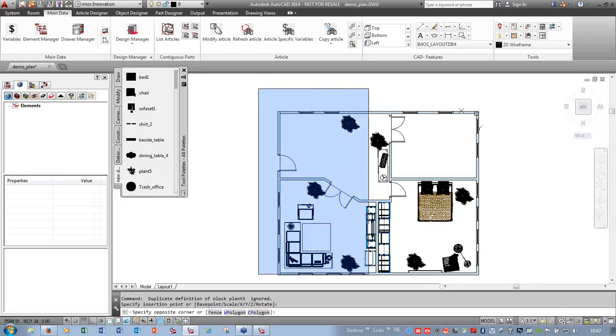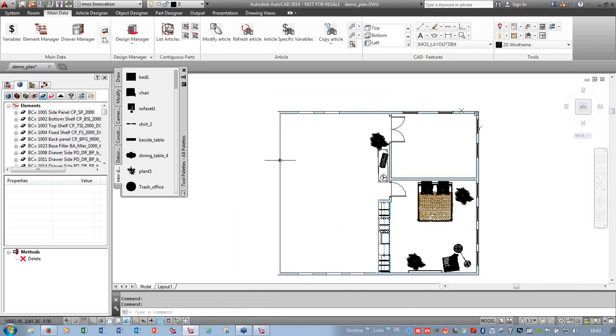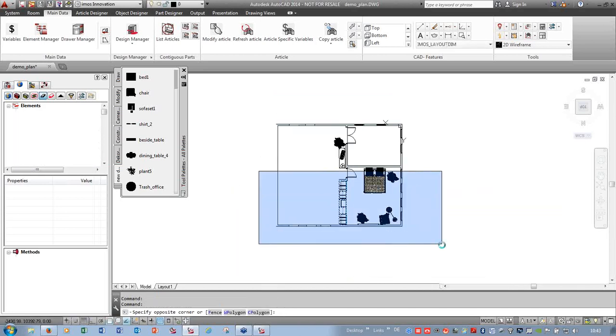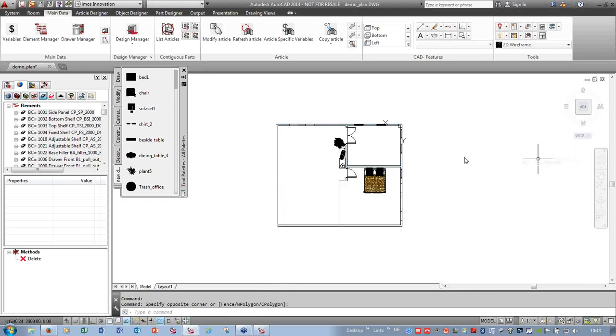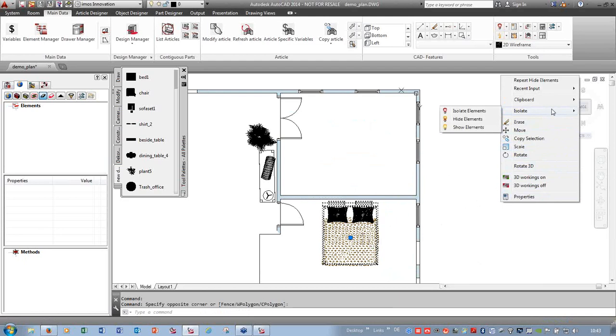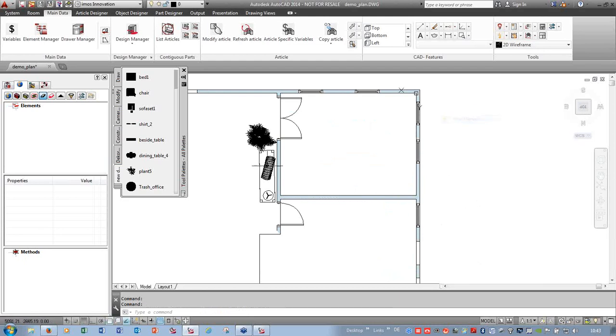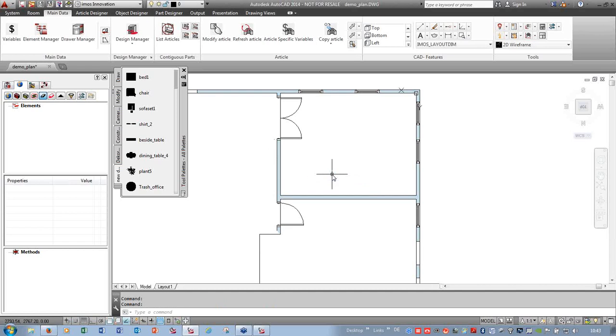We will isolate all this furniture to be a little bit faster in kitchen design. Now we go to the kitchen